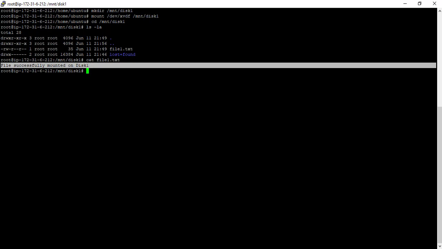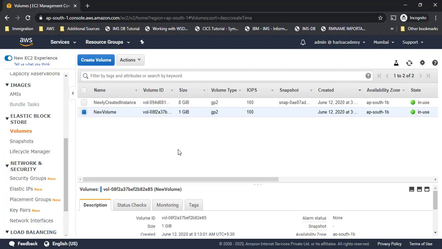That way we can verify and use this EBS volume. If there is an issue with the server and the server gets crashed, the EBS volume will still have the data stored. That data can be attached to another EC2 machine, but it should be in the same availability zone. That is the only limitation we have for an EBS volume. One last step we are going to do now is to undo whatever we have done till now, to avoid extra charges.